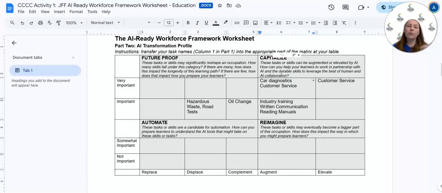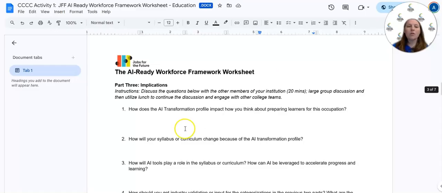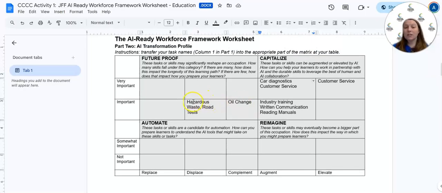Those descriptions are there to help you then think about your reflection of, okay, how does this impact how you might prepare learners for this occupation? Well, I still need to teach them how to do their road tests and how to handle hazardous waste, but maybe I keep up with like what's some new technology coming out that I could also prepare them for. Customer service. If they're in, we teach English 110, which is about workplace writing and communication. So in that class, like, okay, we need to teach them how to have good customer service and good communication, but how can we also teach them to use AI to help augment, elevate those things, maybe automate some of them, like automate reminders and things like that out to people.